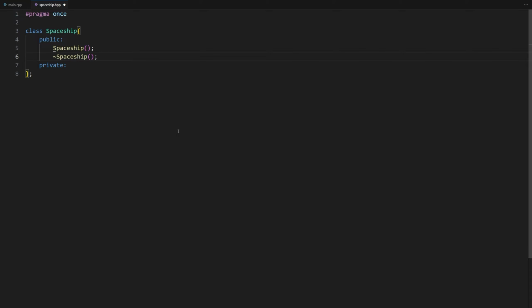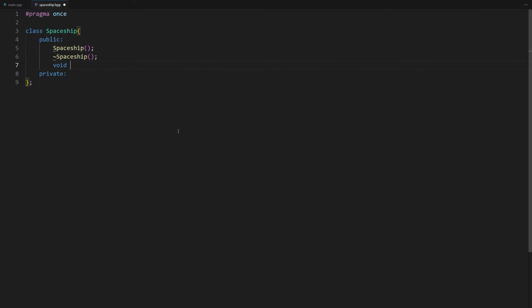Now what are the basic methods we need for the spaceship? We need an update method to update the position of the spaceship on the screen, a draw method to draw the spaceship image on the screen, a move right and move left method to move the spaceship, and a fire laser method because the spaceship will be able to shoot lasers. So let's declare these as public methods, because other parts of the program will have to call them.